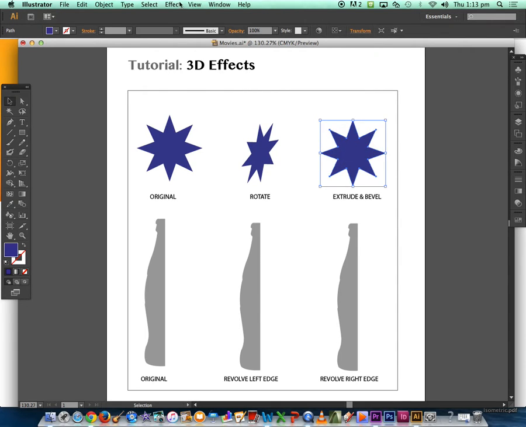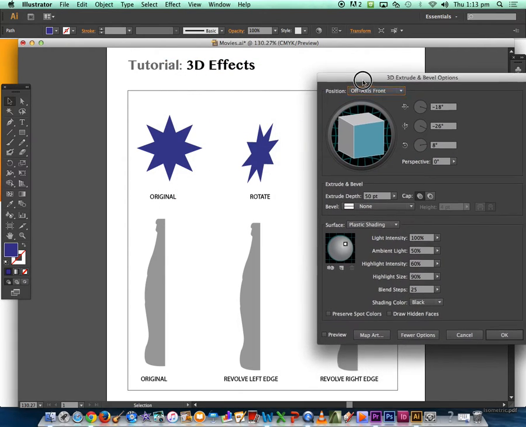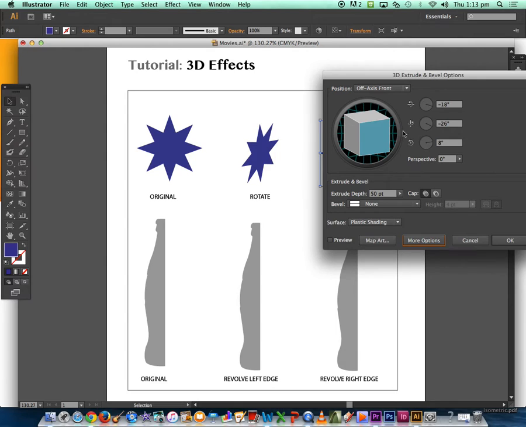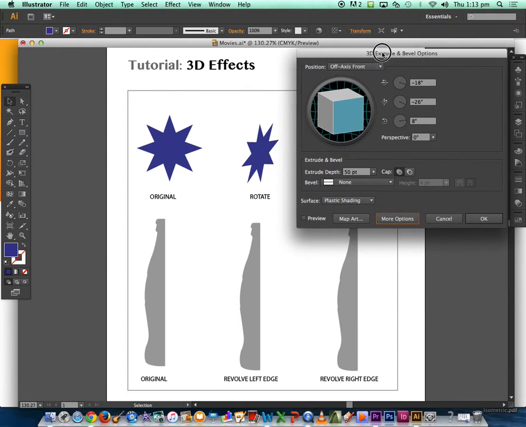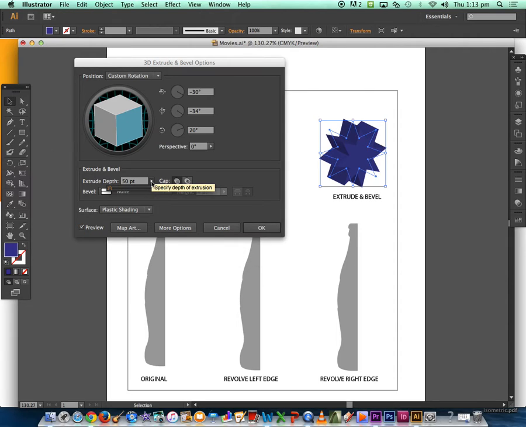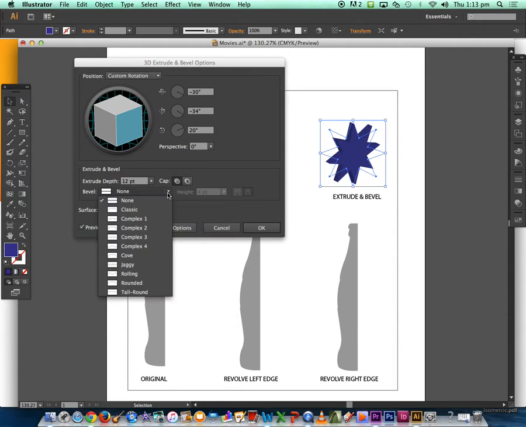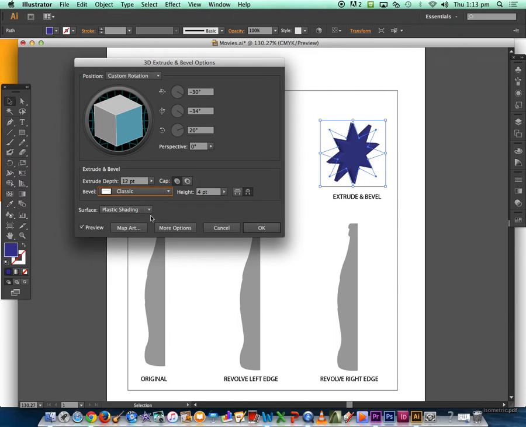So select the design, effects, extrude and bevel, and once again you're most likely going to see this icon, this sort of tab. Once again preview it, and then we can once again rotate this and it will update the view of the design. You can change the extrude depth, so make that deeper or smaller. You can change the bevel, so accordingly,